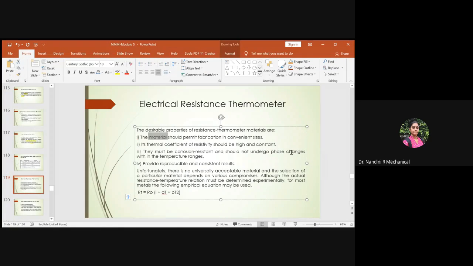Because when the phase changes, all the electrical properties associated with that material will change drastically. It could increase or it could decrease. You have to identify the phase which is stable enough. So what is the stability of the material across the change of phase? Everything has to be considered. Along with that, the material you select should not show any corrosion with respect to change in temperature. It should be a corrosion resistant material. These are very much needed in order to select which material you go with.